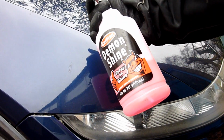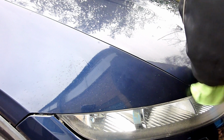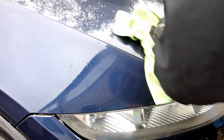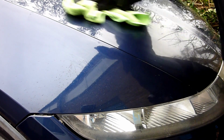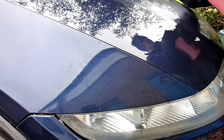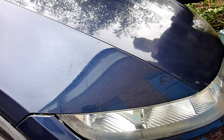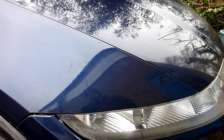So, Car Plan Demon Shine. It's quite watery. I'll be careful not to spray it on my other car. Probably spray it on the cloth instead. Probably I need one more cloth to buff it down, but